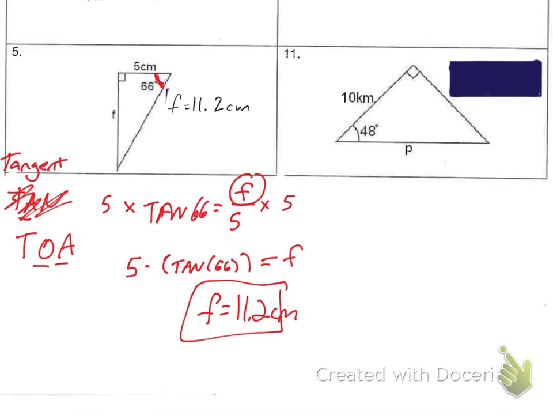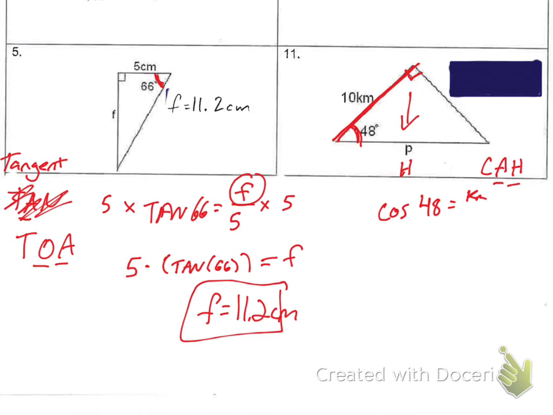All right, and then 11. 11, I start on my angle right here. I know this is my hypotenuse right there. So this, I'm sorry, that's not my hypotenuse, that's the right angle. So the opposite's going to be the hypotenuse. And then I have this line right here, which is the adjacent to this angle. So I have the adjacent, and then I have the H. So going back to before, the only one that fits is the cosine, so CAH. So what I'm going to do is cosine 48 is equal to the adjacent over the hypotenuse, which would be